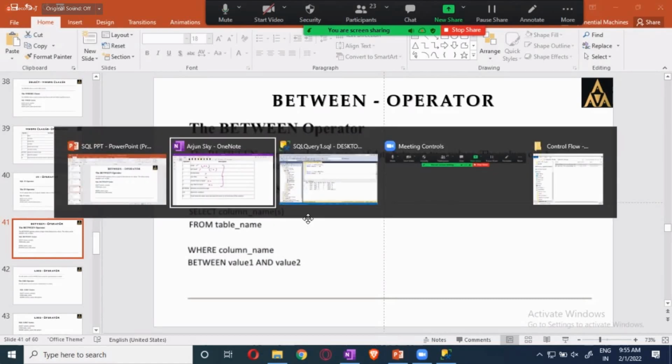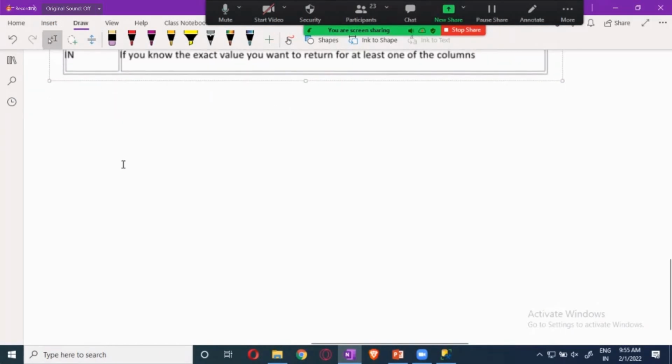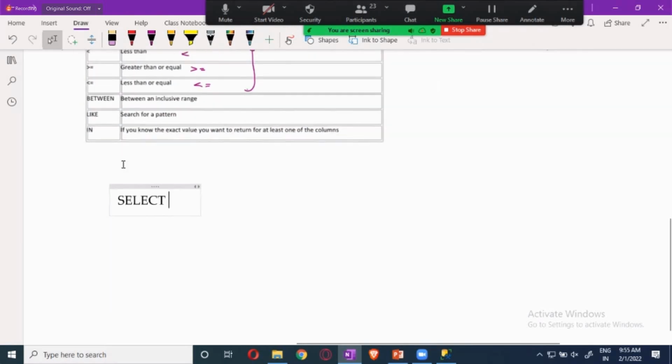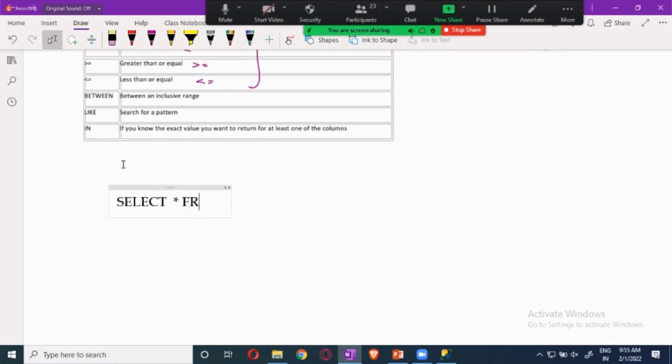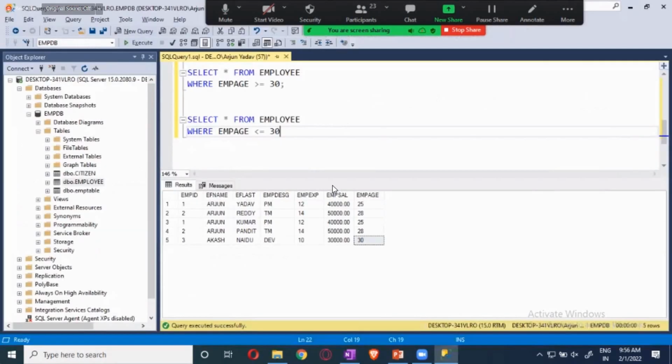Now you see this one, how it should go. Usually you will do the select, select star from employee, and here I will give the where clause. The where clause is to check a particular column, which column you want to take. Now I will give the column name, the age column, EMP age.